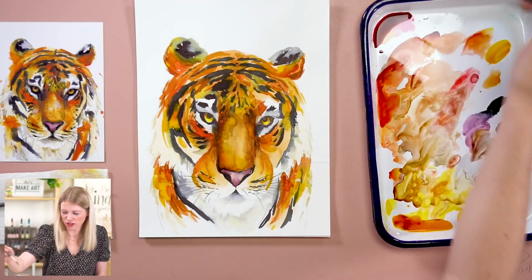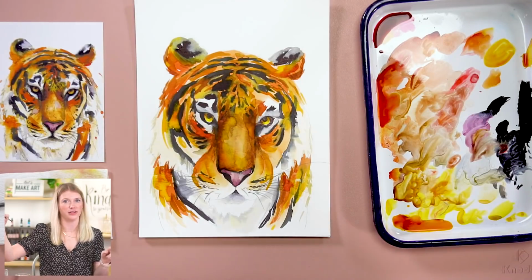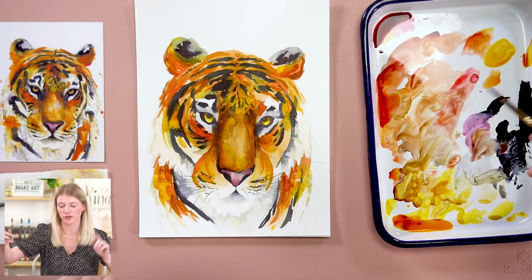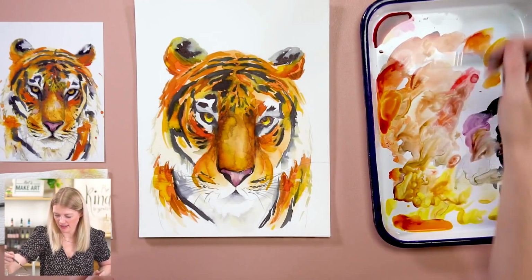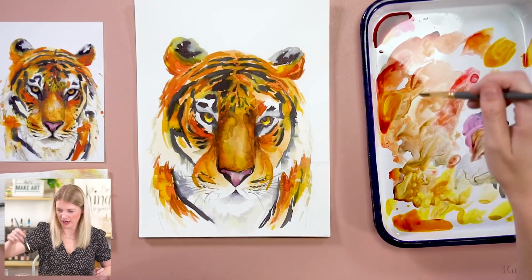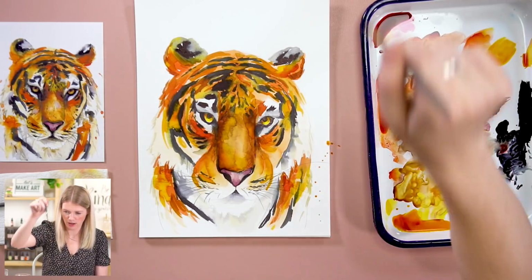Okay, so I have some orange and yellow. And I know I always say, wipe off your brush on the edge of your cup. This is where you don't want to do that. So I have nice and wet color orange, and my brush is dripping. And I'm just going to...